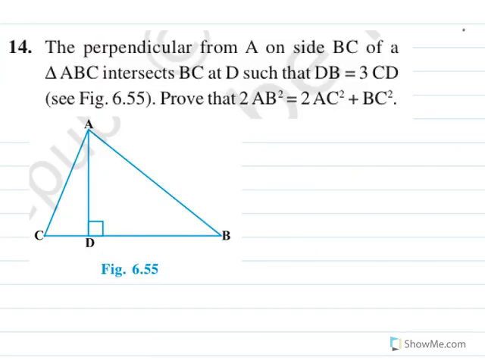The perpendicular from A on side BC of a triangle ABC intersects BC at D such that, this is important, DB is 3 times CD. Prove that 2AB square equal to 2AC square plus BC square. The step 1 of the sum